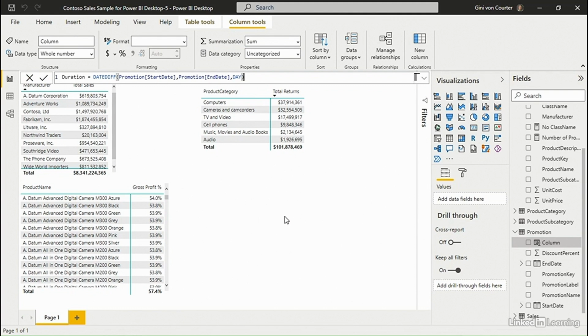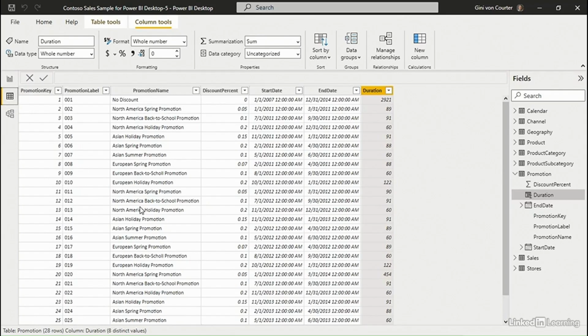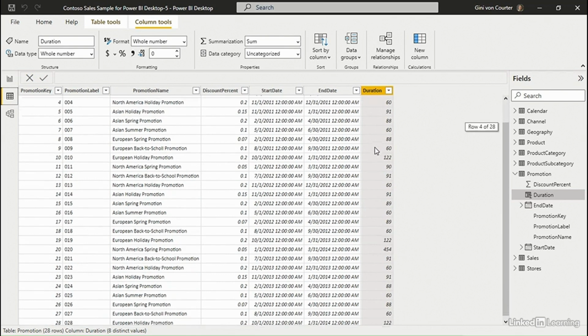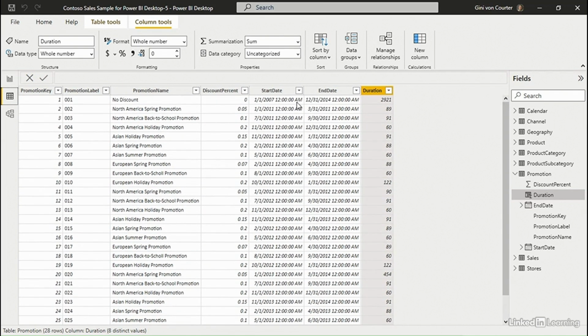I'm going to close my parentheses, having now created that new calculated column. And if we want to see that column, we can simply go to our data, and here's the new column, Duration, and each of the promotions and how many days that promotion ran. So we've had some real long-running promotions here. No discount runs forever. Every day you can come in and get no discount, but we have some other